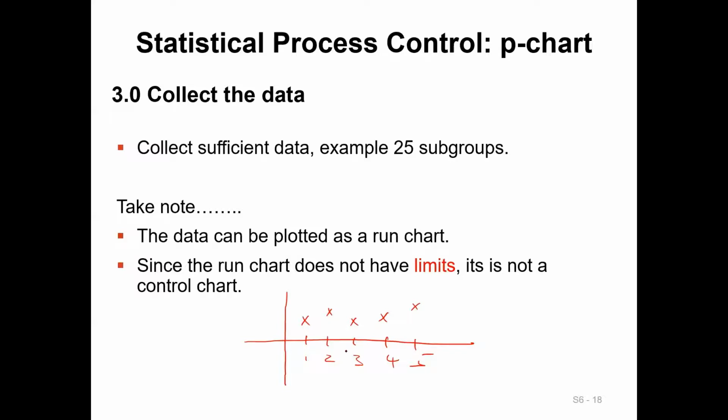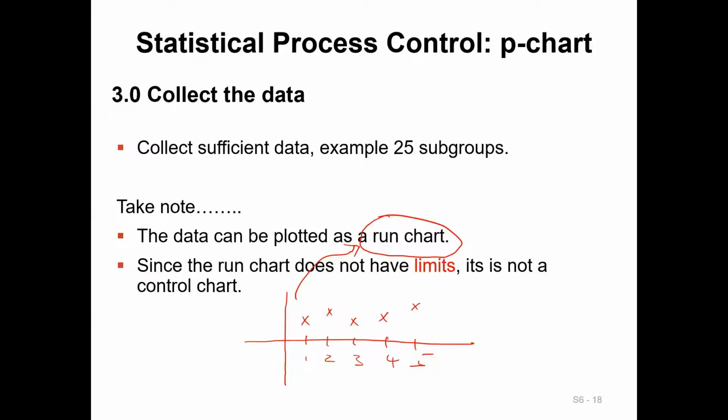This type of chart is quite commonly used in industry, but this type of chart is not an SPC chart, it's not a P chart or NP chart. The reason is that this type of chart is without the upper control limit and lower control limit. It's purely for monitoring the performance without referring to any limit. We call it a run chart. We didn't cover run chart in our module. Why? It's because a run chart doesn't apply any statistical technique, without calculating the control limit and center line.